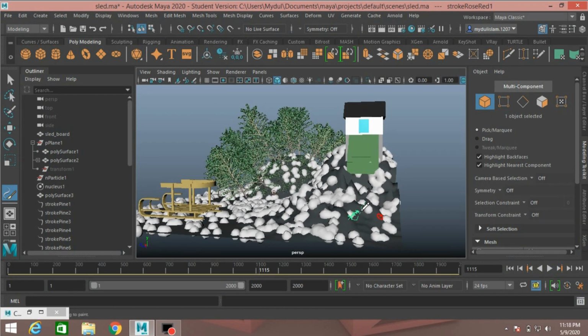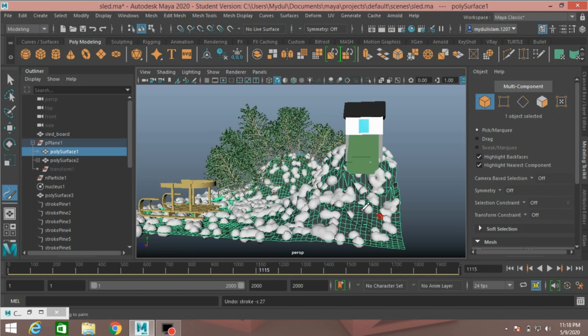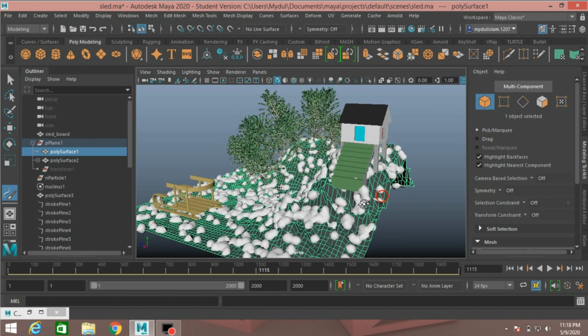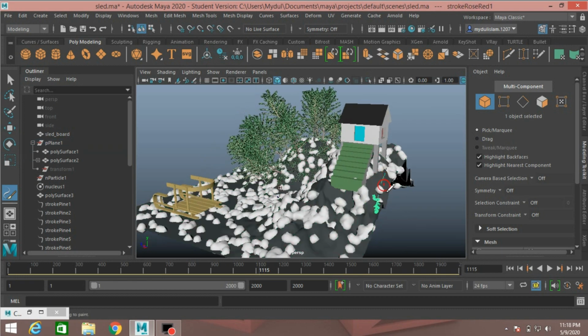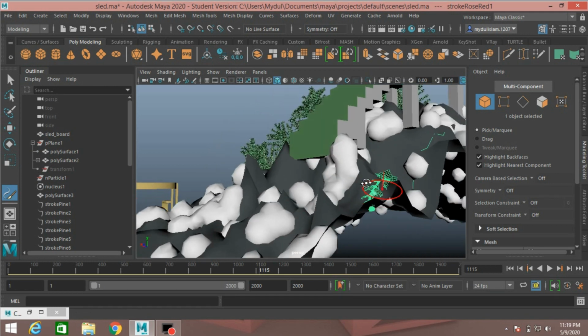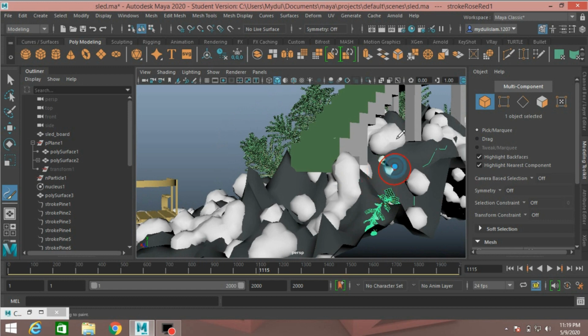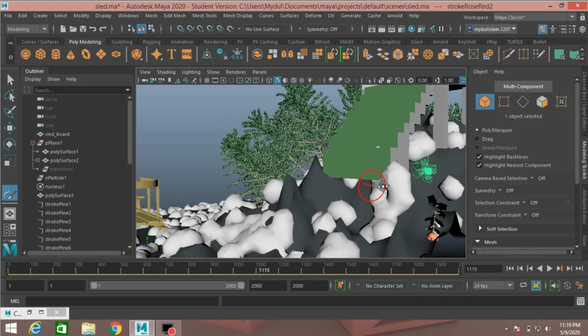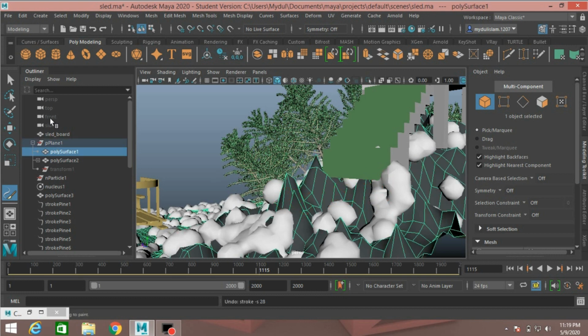This is too small, so press Ctrl plus Z to undo, press B to increase the brush size. Ctrl Z to undo, press 3 for smooth shape.